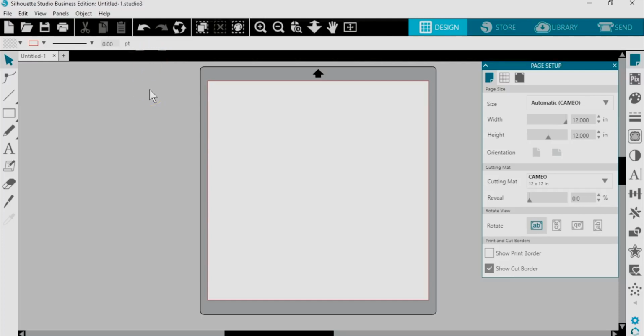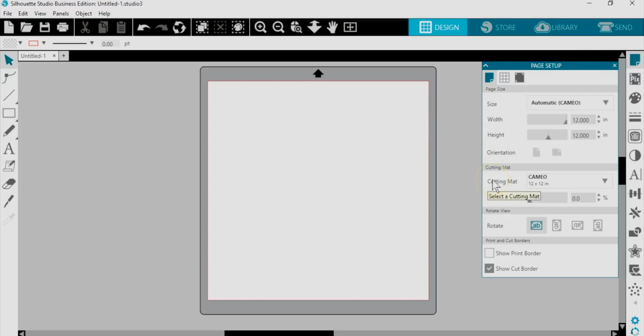So when you first open Silhouette Studio, you'll see the workspace, and that's also called the design area. You've got a cut area here that looks like your virtual mat, and your holding area out here that's outside the virtual mat. Your page setup panel is the top right panel choice, and it opens automatically when you first open Silhouette Studio. And that page size that you set actually determines your cut area.